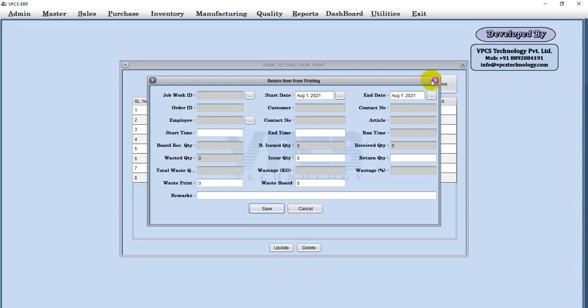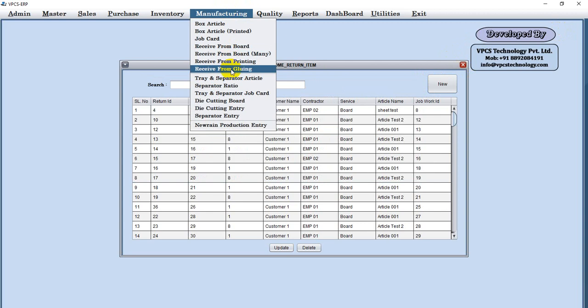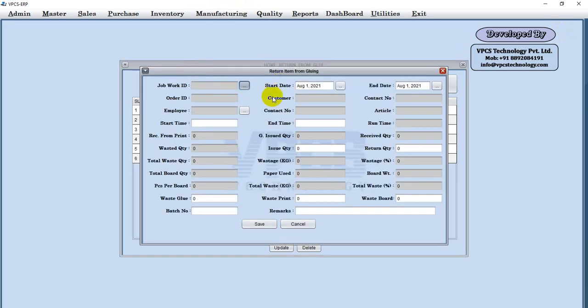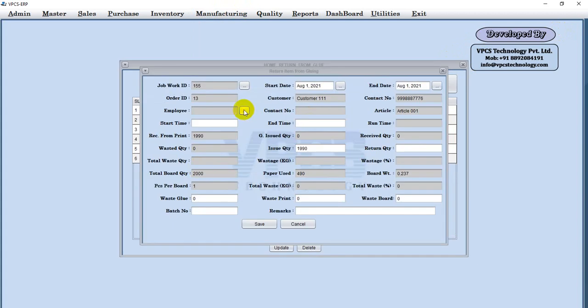Now after printing it will go for stitching or gluing. Okay, we will select that job card number 145. We'll select the employee, then suppose 12 o'clock, job start time 12:30.